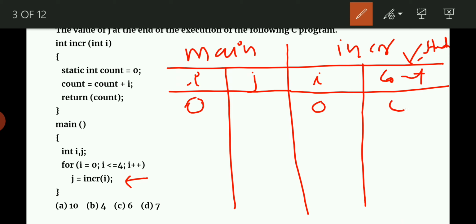So count is initialized with 0. If this count is not initialized with 0, it will automatically get initialized to 0 because it is a static variable. Then count equal to count plus i. Count was 0 and i equal to 0, so count will still remain 0.